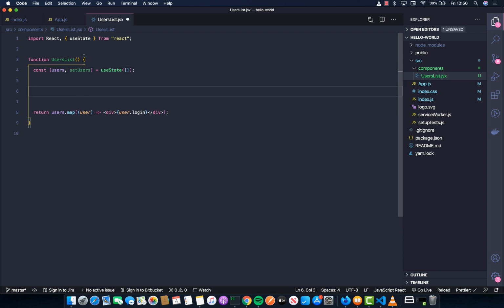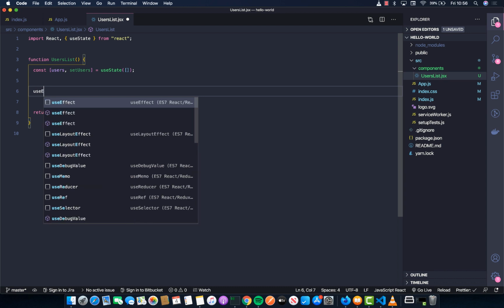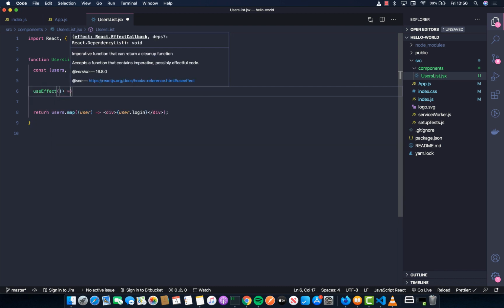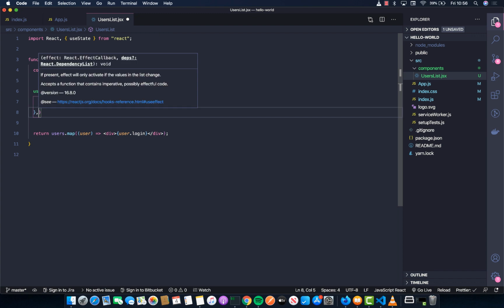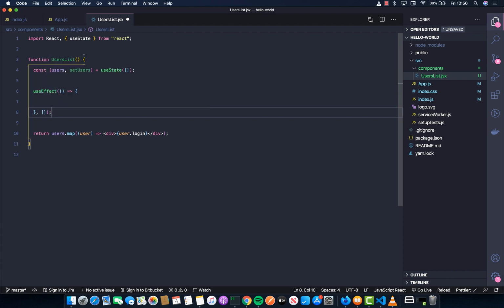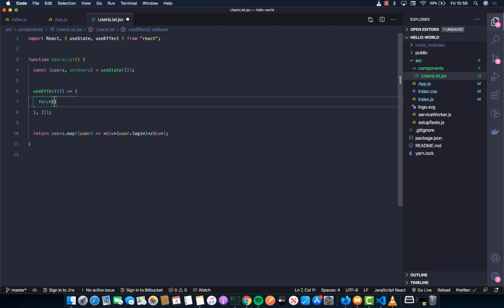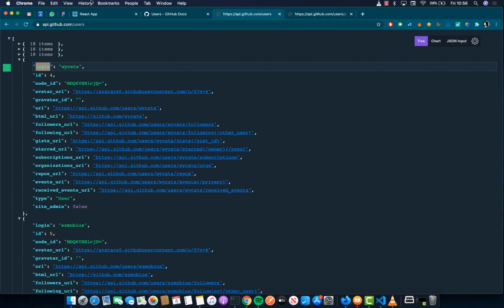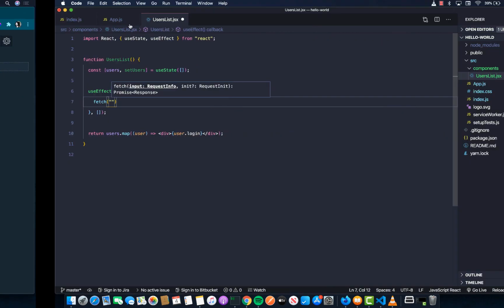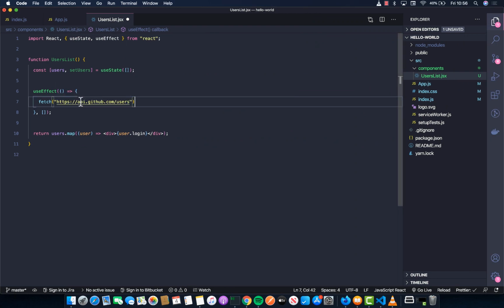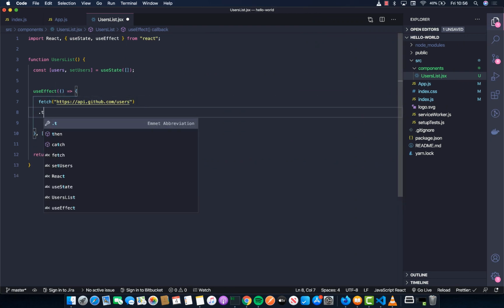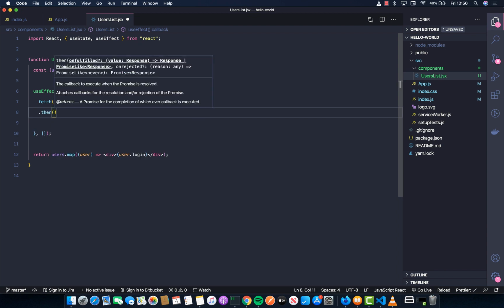So we are here. Let's move ahead and make an API call to the GitHub remote server. And you guessed it right, since making an API call, making a network call, is a side effect, you should always do that side effect inside the useEffect hook that's provided by React. So I'll import it, and here I'll make a fetch call to the URL that we have as api.github.com/users, and since this is a promise, I'll write then, and I'll get the